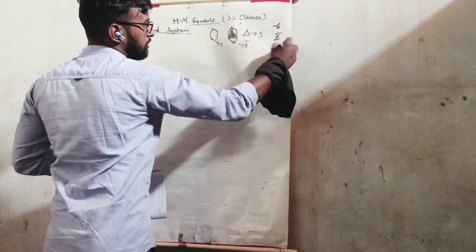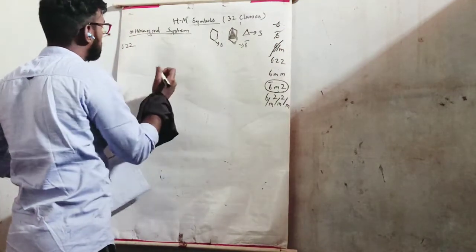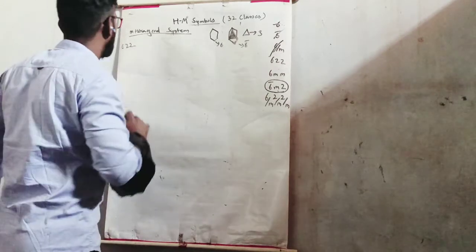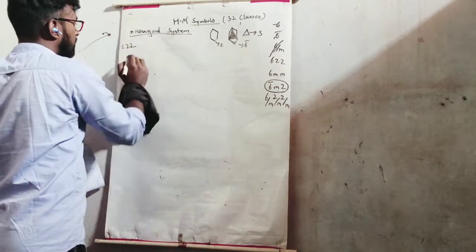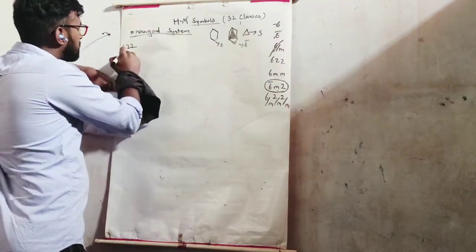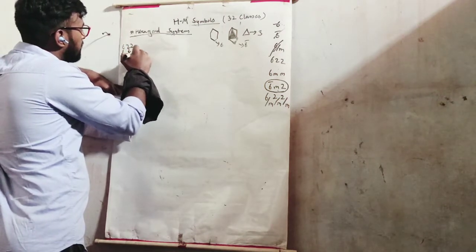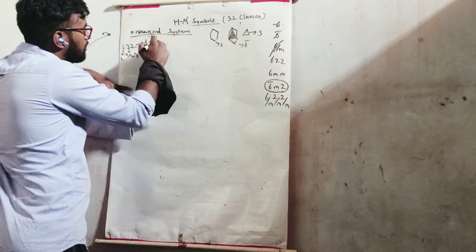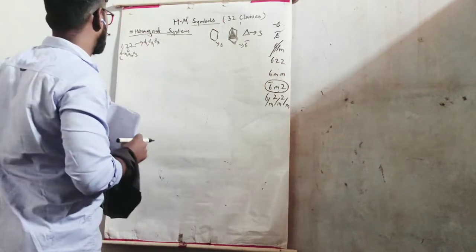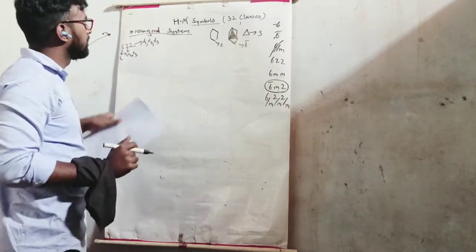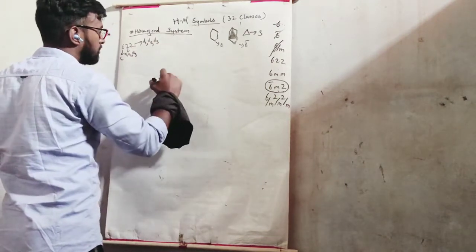This is done, this is done, this is done. Now 6, 2, 2. So you must be getting what should be the name: hexagonal trapezohedral, because 2, 2. Here we have a different thing. This is the C, these are A1, A2, A3, and these were D1, D2, D3, just like the four-fold axis in the tetragonal system. In the hexagonal system, we will not only have A and B, here we have A1, A2, A3, and D1, D2, D3.